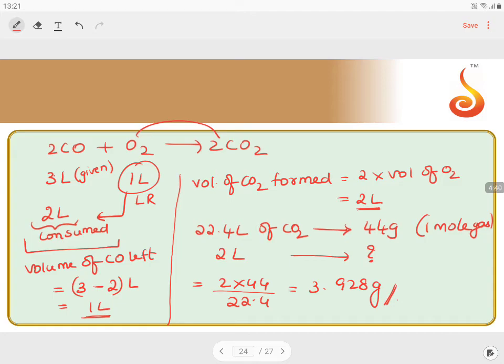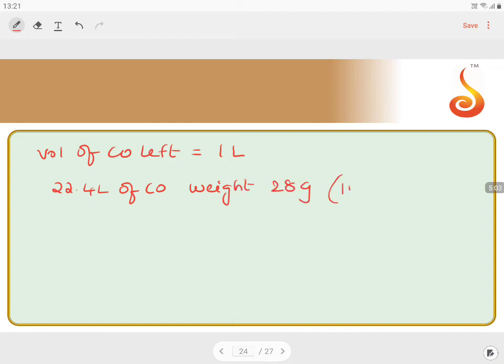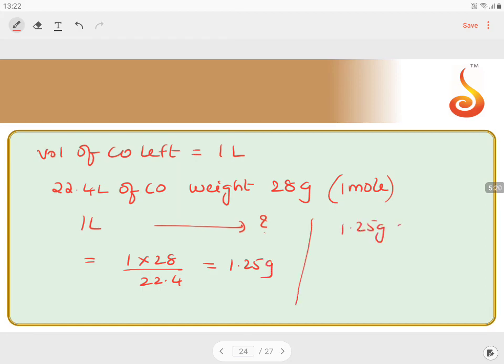Same way, if I want to know the mass of carbon monoxide, the volume of carbon monoxide left is equal to 1 liter. We know 22.4 liters of carbon monoxide weigh 28 grams as per the mole concept. Then 1 liter will weigh how much? That is equal to 1 into 28 by 22.4, which is equal to 1.25 grams. So what did we get? 1.25 grams of CO is left